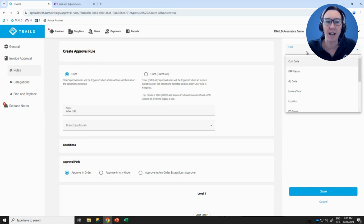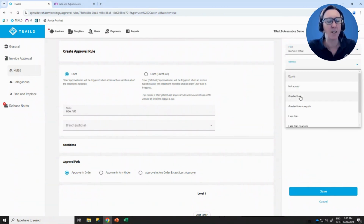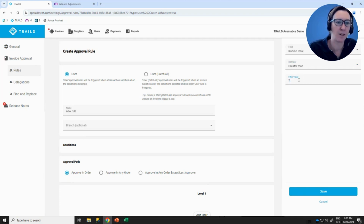Now the conditions you can add are cost code, your supplier or vendor, the GL code, the total, the location, owner, project, task, sub-account, who submitted it, so who asked for approval, the country of the supplier, really helpful if you've got lots of overseas suppliers you're looking at, and who uploaded the invoice. So maybe one of the more common ones is to say, if the invoice total is greater than, let's say, $2,000,